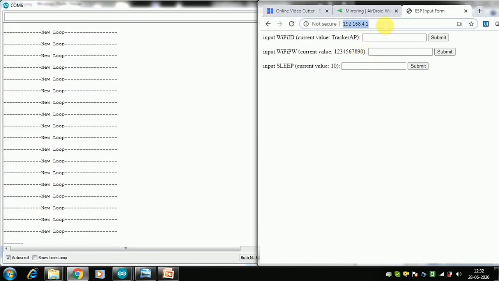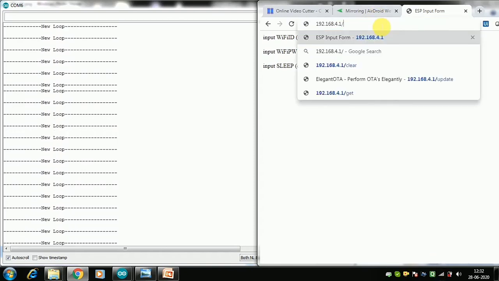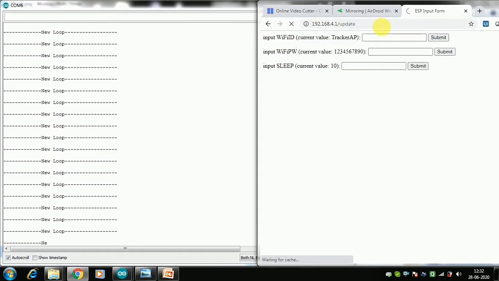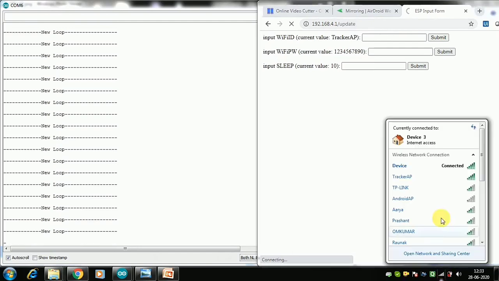In auto update mode, I'm still connected to the device. What I can do is just put here update, and it serves me a different page. This is for auto update, over the air firmware update. Let's wait for it, or maybe I need to connect to the device again.